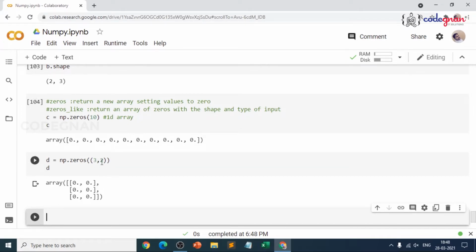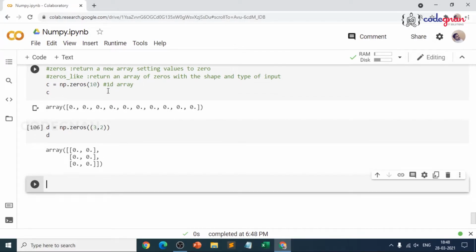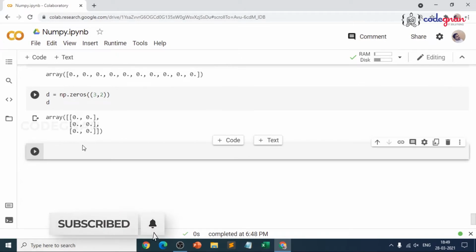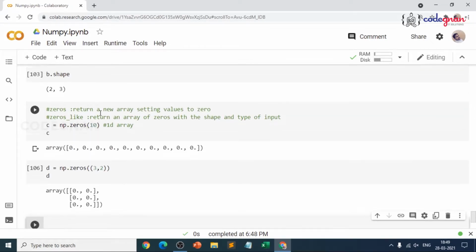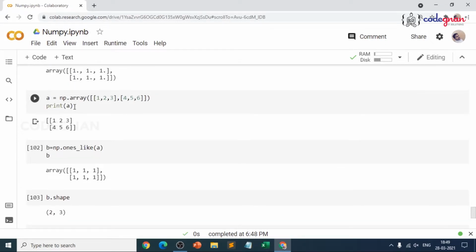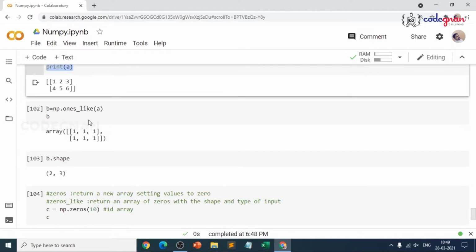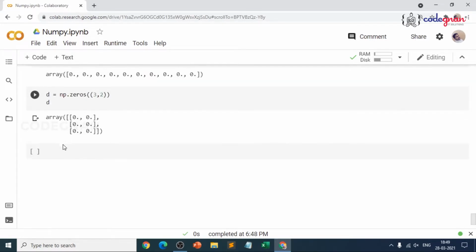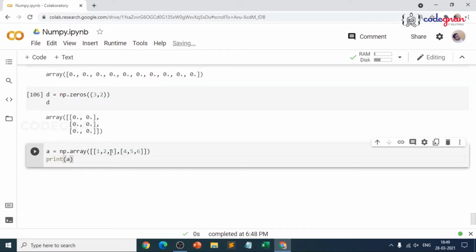So that is how we can fill the values with 0, you can give zeros. And in the same way, if you want to convert the given array to zeros, what could you do? Just make sure we pass our input. So I'll take the same input here and I want to convert that thing to zeros. So I'll just paste it here. You can create your own, it's up to you.